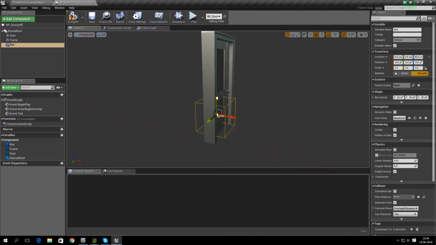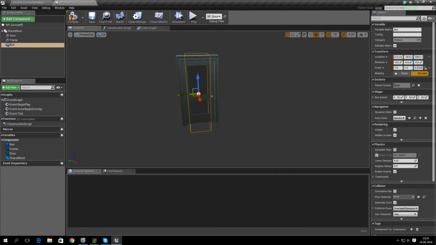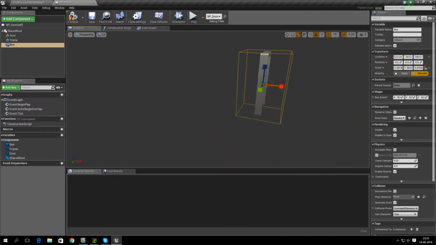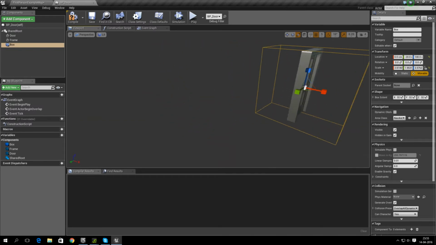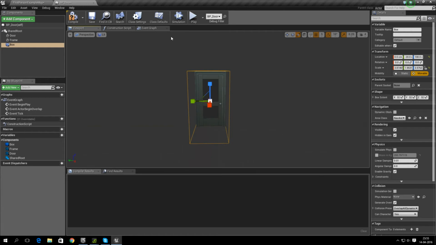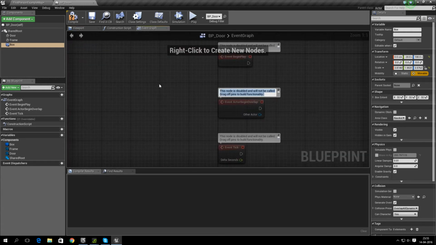Then you need to move it up a little, in a little, scale it a little. That's a bit too much. Up. There we go. Make it a bit wider and make it longer. That should do it. When you have that box, you go to the event graph